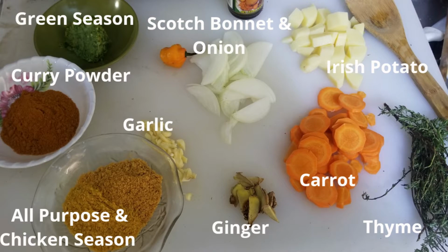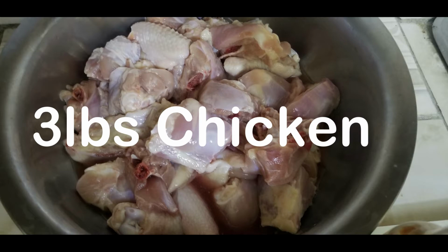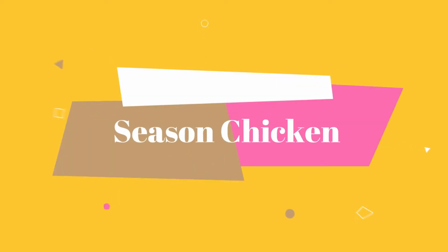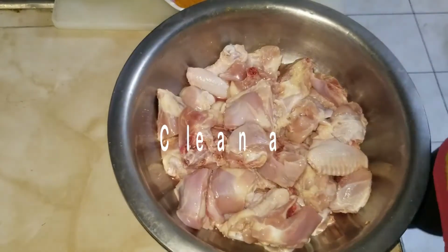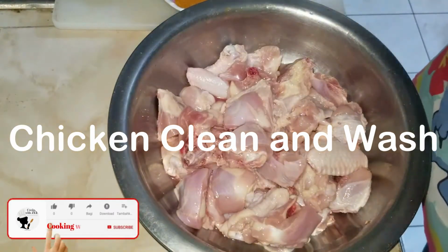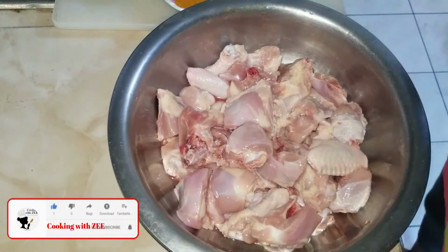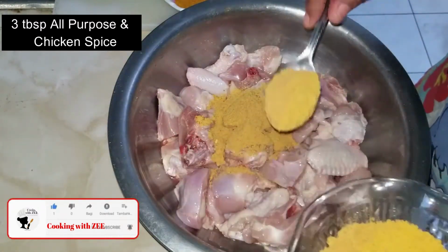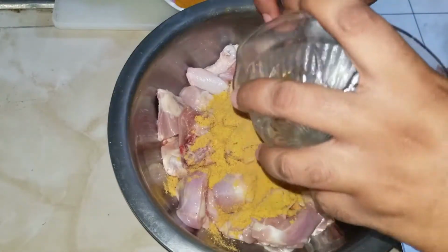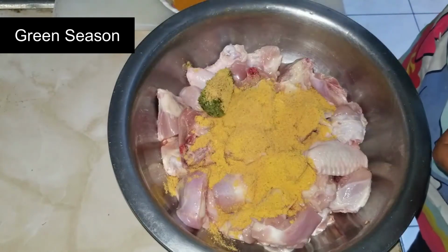So we had cleaned our chicken, washed it, and cut it in small pieces. Then we are going to season our chicken. And for this, all we're going to need is all-purpose seasoning, chicken spice, curry powder, green seasoning, fish and meat seasoning, and a bit of ginger and garlic. And then